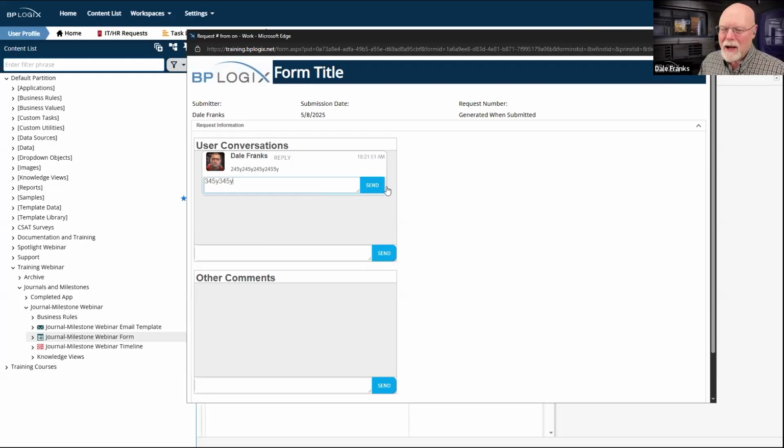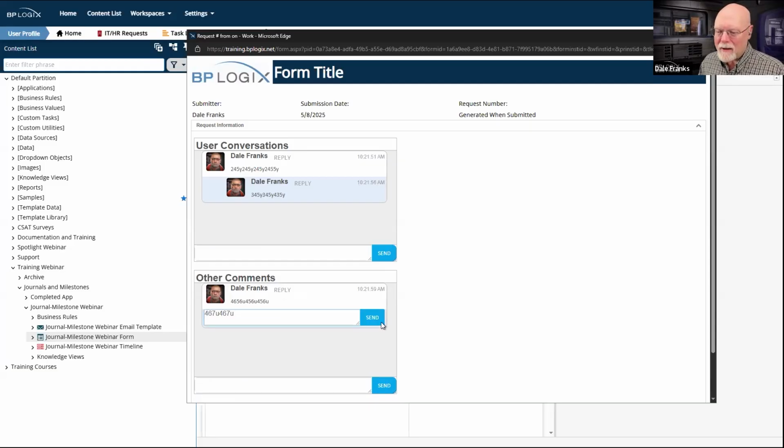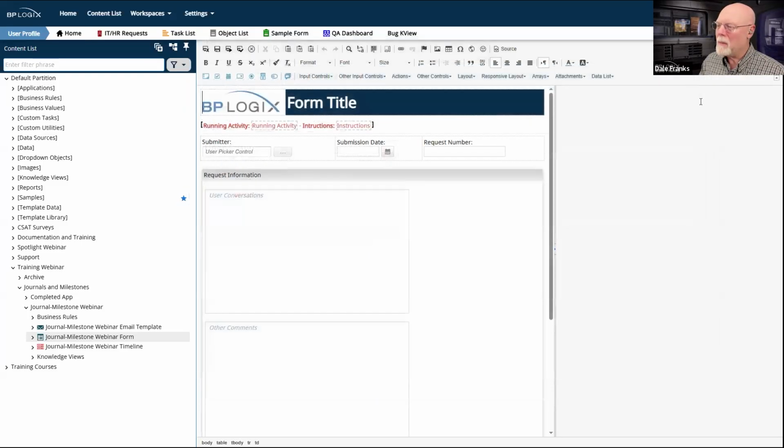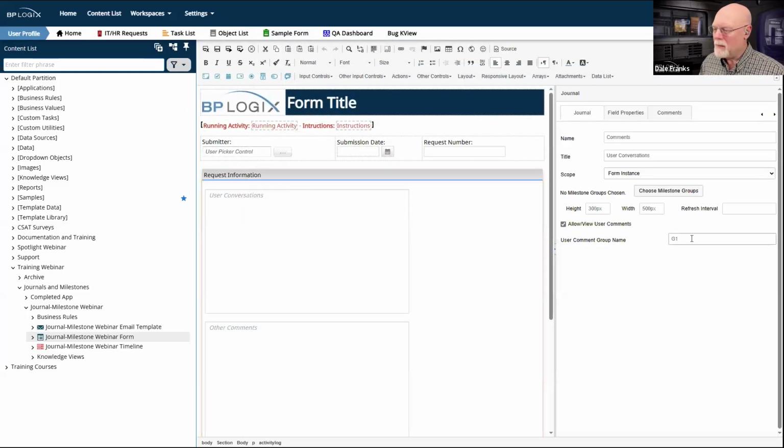And so we can have this comment here, send, and you can have this comment here and send, and there we go. They still have different comment group names. So what I probably wanted to do was get rid of that and run it.